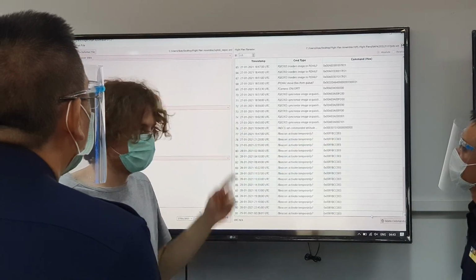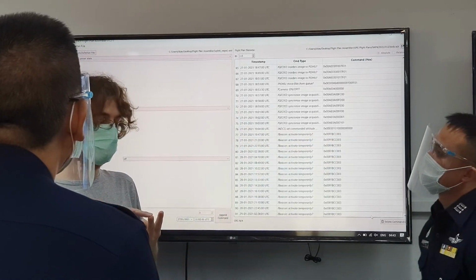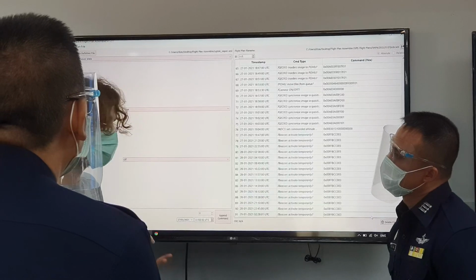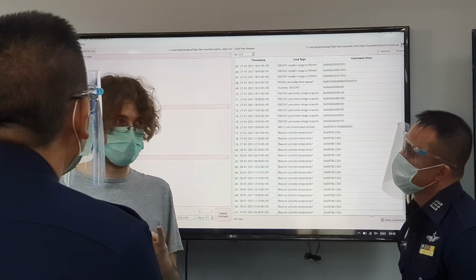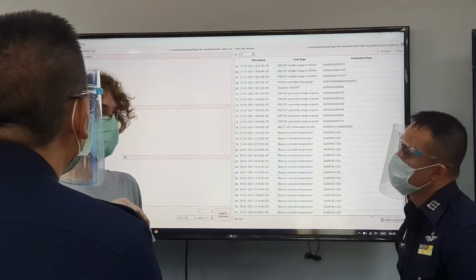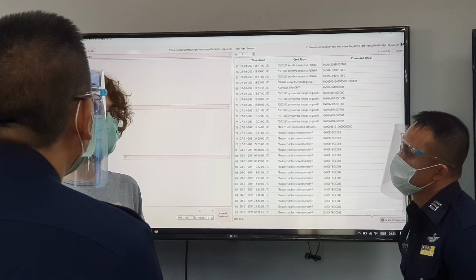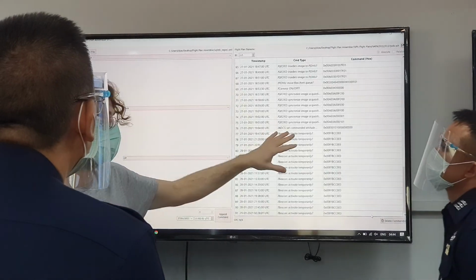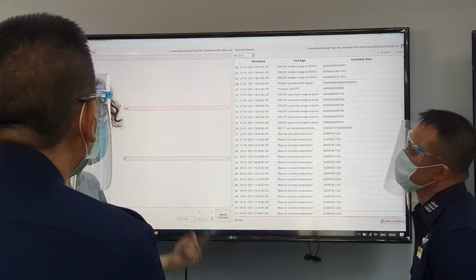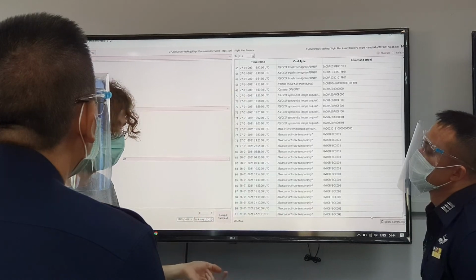Those two commands have their own names, but they are changing flight parameters on the satellite. So they are in the same group, even if they have different functions, and this software recognizes them as part of the same group and tells me that they are the same command.